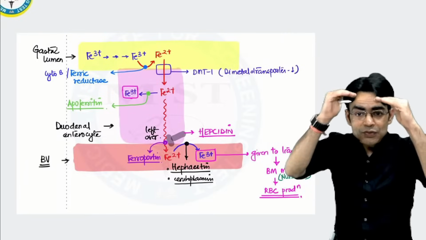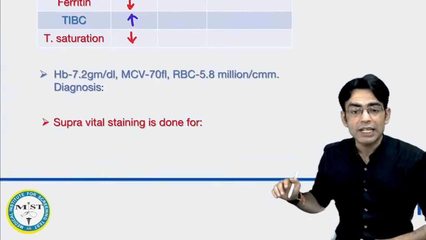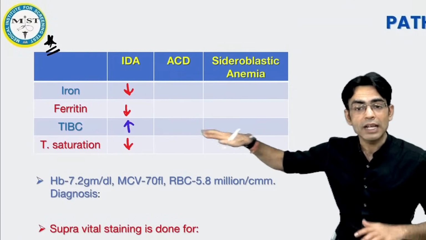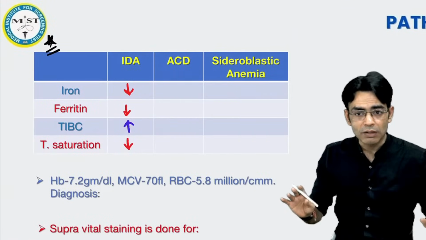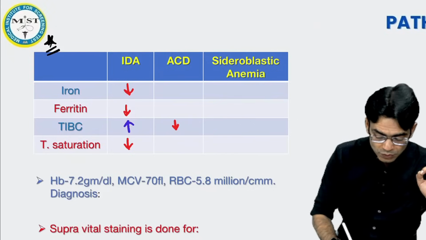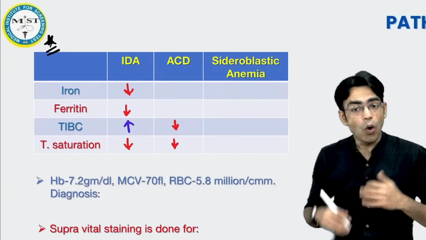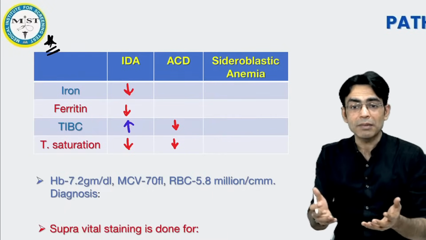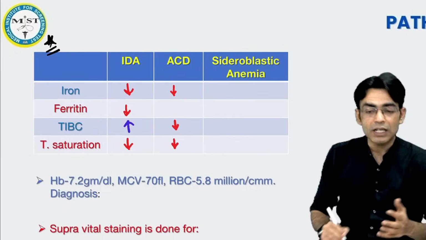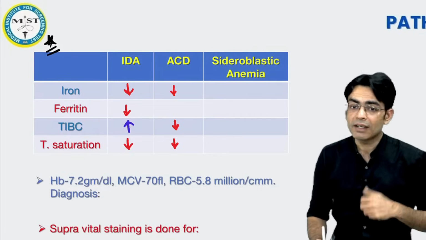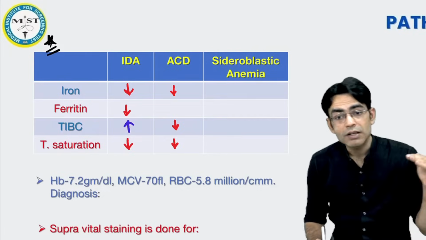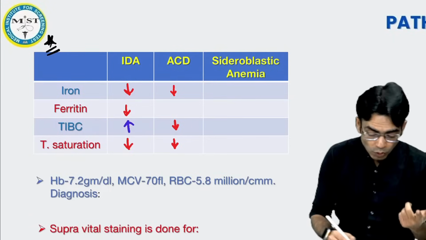So when the transferrin decreases, everything related to transferrin in anemia of chronic disease, whether it is capacity, whether it is saturation, everything related to this will decrease. Obviously, you are not having iron in the blood, so total iron content of the body is less. But is there any problem in storage of iron to the storage site? नहीं. Absorption में problem नहीं है, transport में issue है. So बेटा overall ये बढ़ जाएगा.